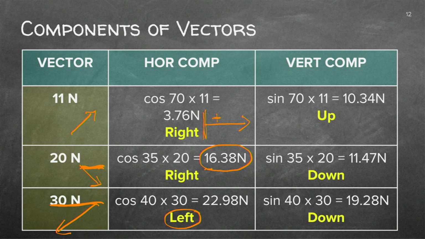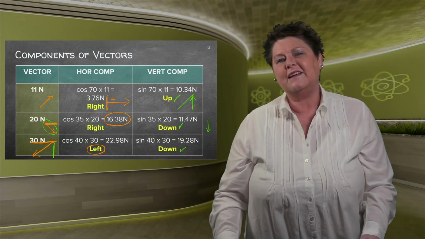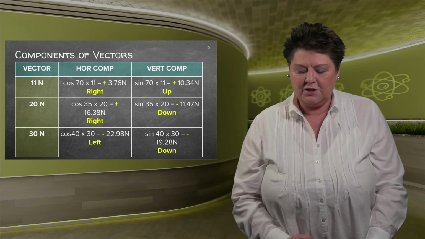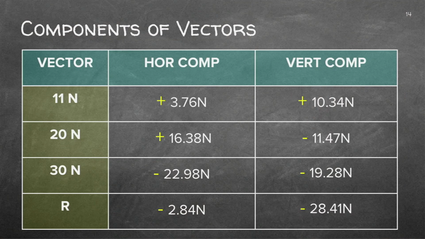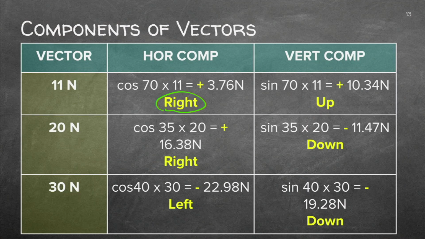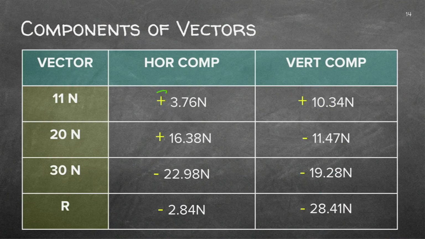Let's now do the vertical. I have here the one going up, so that y value would be up. This one is going down. Remember, this was my vector, so it's going down. And this one was there, and it also went down. So make sure that you've got those. We won't indicate it as up and down. In the next slide, you see, I actually went about and gave them values. So I've got the right one as a positive value. Do you see there?